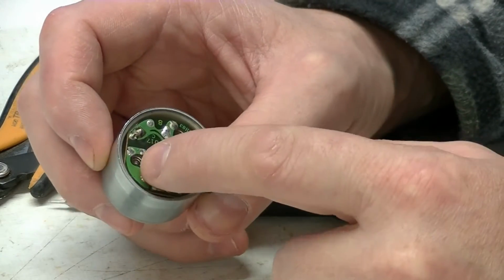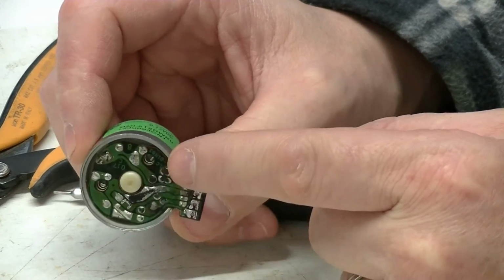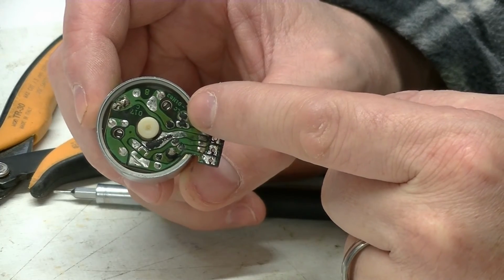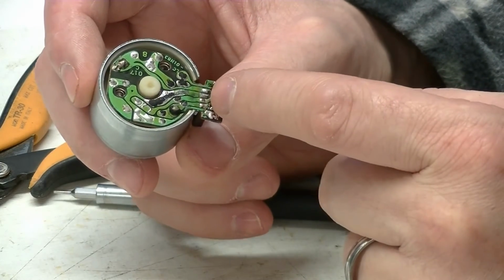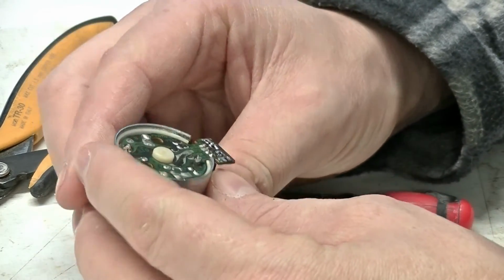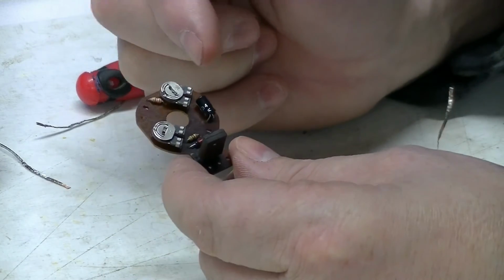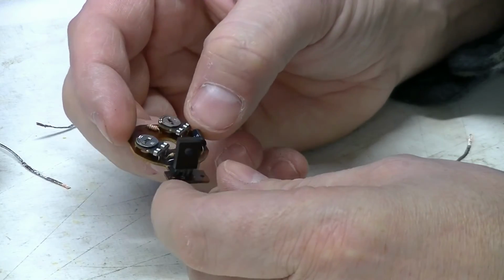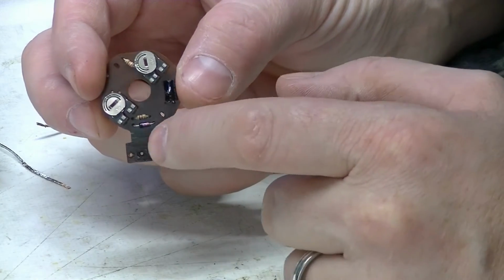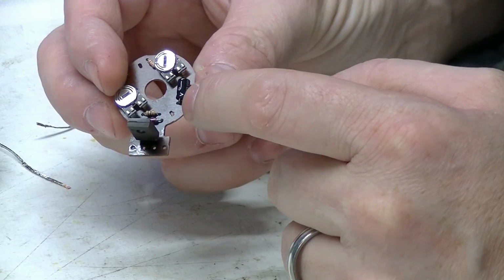So we've got pots in here for adjusting high and low. Let me get my angle right again. What we'll do, we'll try and take the circuit board out and just make sure that everything is as it should be in there. So we've got one capacitor, so we'll check that out. Circuit board's looking a little bit discoloured around this component, so what we'll do, we'll check this capacitor first,